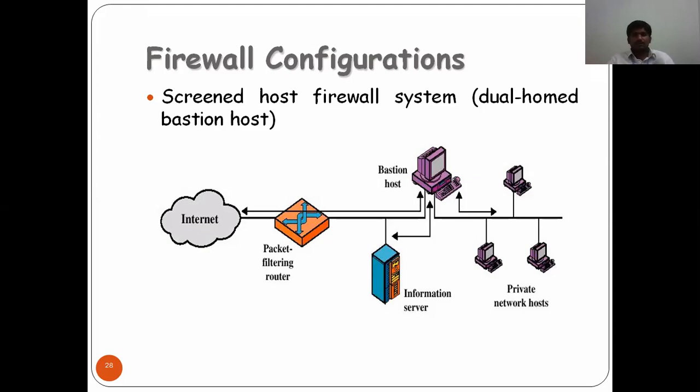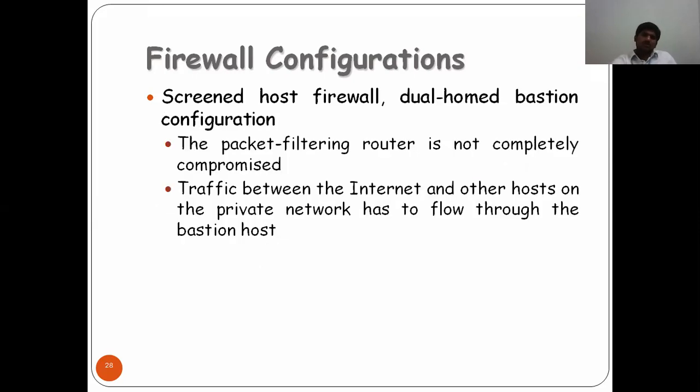For example, we have a lot of servers, but where do we get access to these? For example, everyone can simply do a Google search directly. It is coming from the Google server only, no? In general, we do it like this. So how can you trust the Google data and process it? That is simple. So in a dual homed bastion host, a screened host firewall's dual homed bastion configuration,